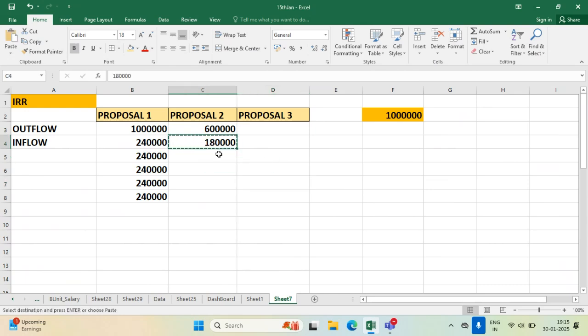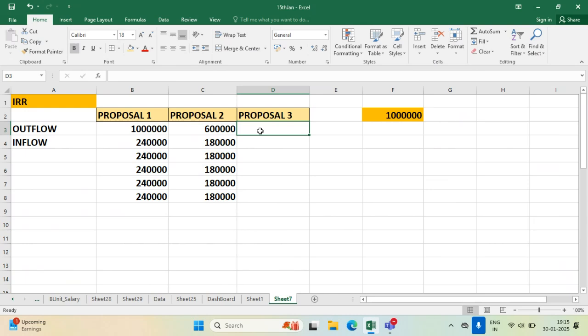Money 5 times it is going to give this. 1, 2, 3, 4, 5. Okay, so this is proposal 2. It says that you invest 6 lakh rupees now and it is going to return 1,80,000 rupees for consecutive 5